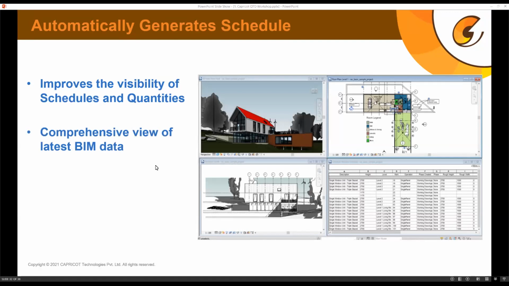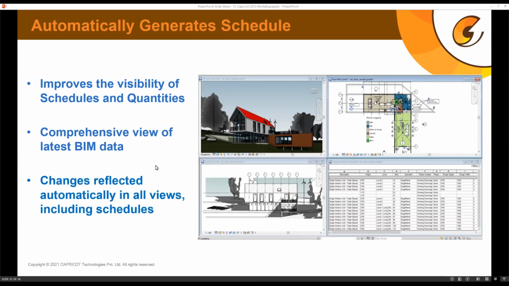Now, in Revit, schedules are also considered views, like any other view. Like a 3D view is a compilation of visual representation of the components, similarly, the textual representation of the components, in tabular form, you get as a schedule. The schedule is another view, but it is in textual form. So changes will automatically reflect in all views, including schedules, as we already learned. So we need not worry about updating quantities manually, and they will automatically be updated according to whatever changes we make to the model.